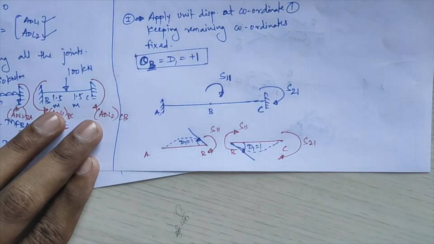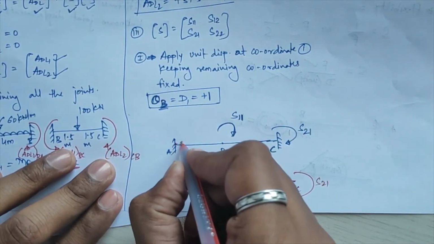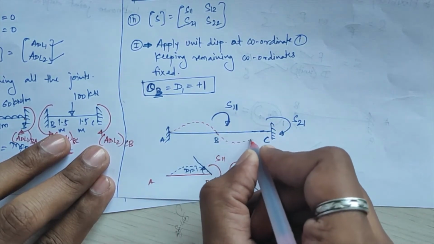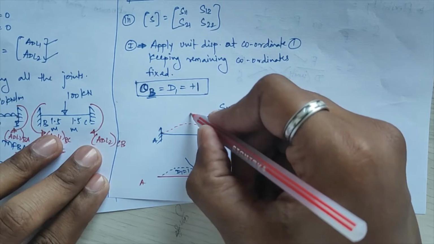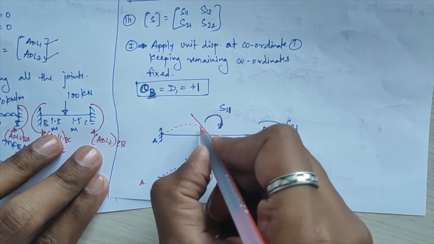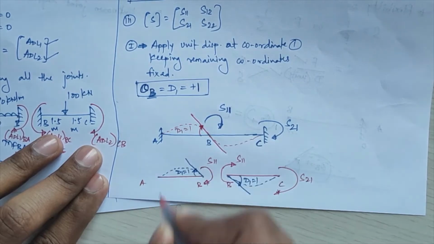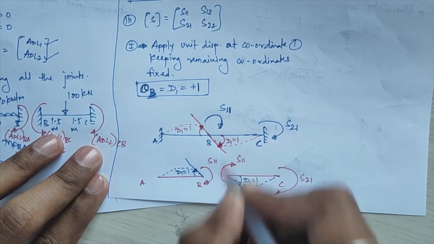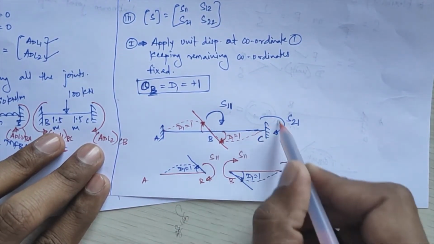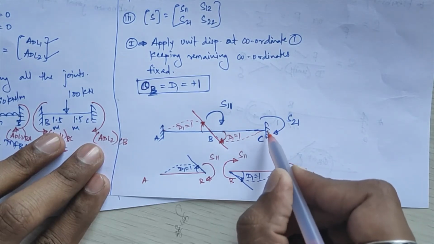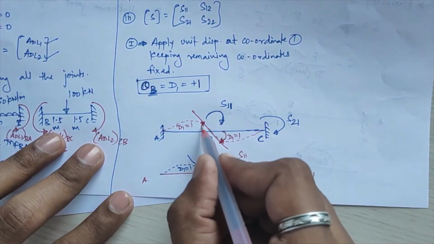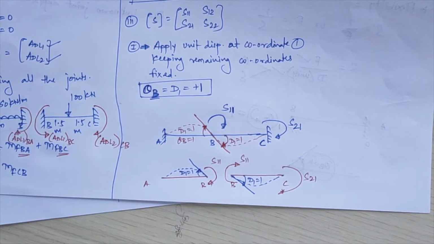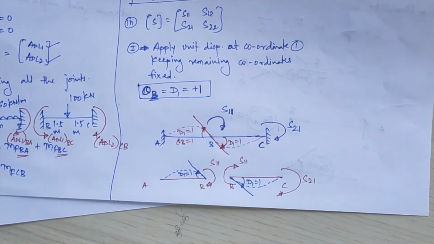So if I draw the combined diagram, how will it look? For member BA it will be on the upward side, and for member BC on the downward side, which will show the overall deflection, d1 equal to 1, that is theta b equal to 1, and here again d1 equal to 1. That moment will not come at your second restraint joint, because this is the restraint for the slope value. So here you will have d1 equal to 1, or you can write theta b equal to 1 also. Getting this? In this way you have to draw the deflection pattern.